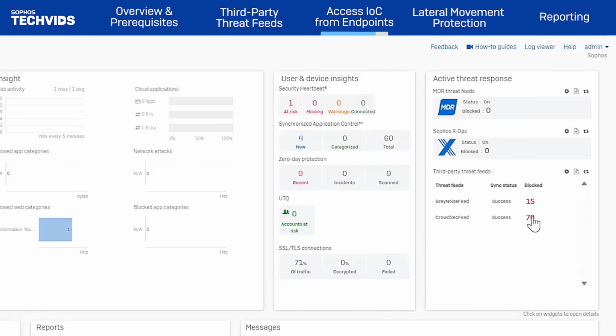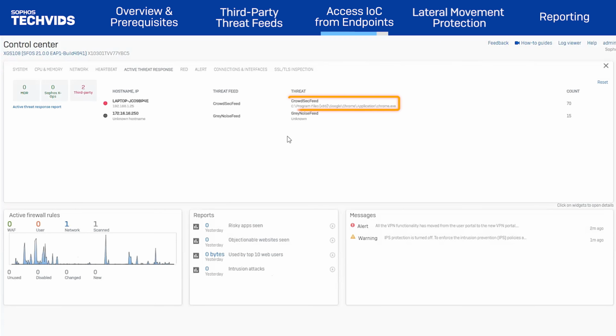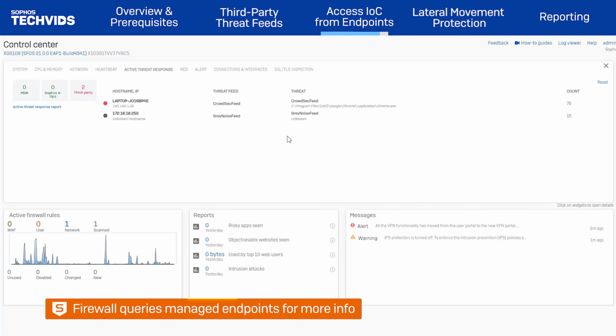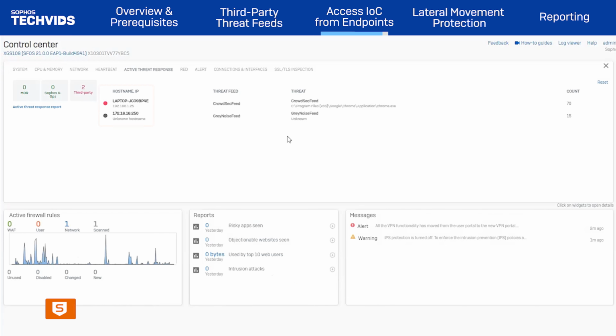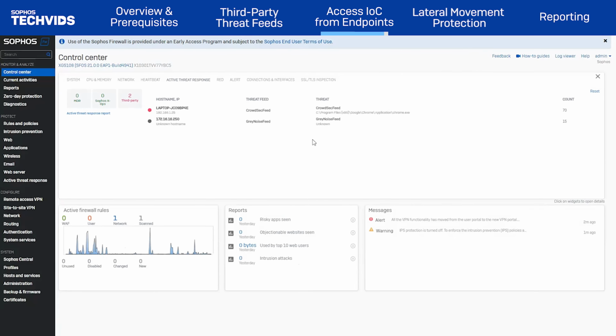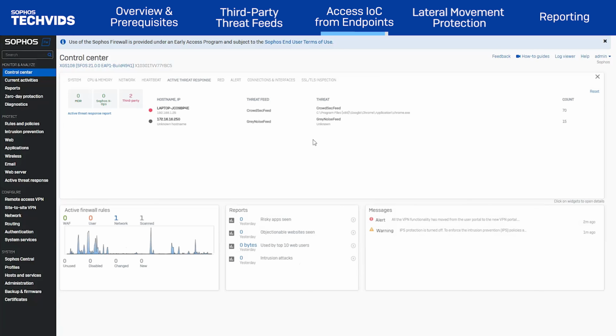If I click on these events, I can observe that the threat originates from another managed endpoint. Since this access attempt came from a client running Sophos endpoint, the firewall will query the endpoint for additional details such as hostname and the process that attempted to access the domain. The heartbeat status has also turned red. Sophos Firewall will block the MAC address, and all communications from this endpoint will be denied. As a result, if I try to access the internet now, there will be no response.